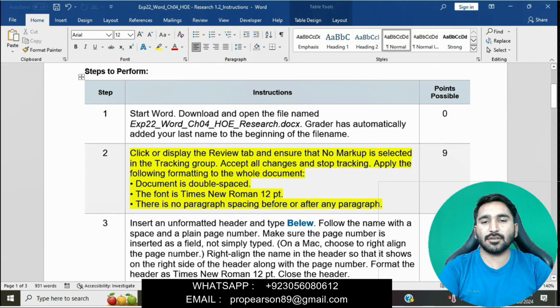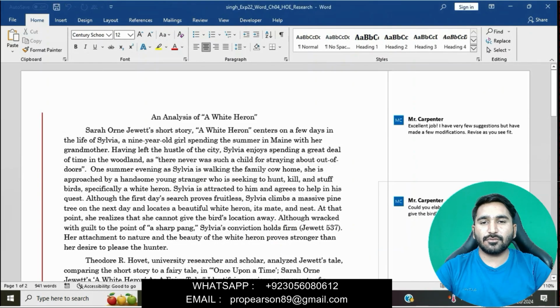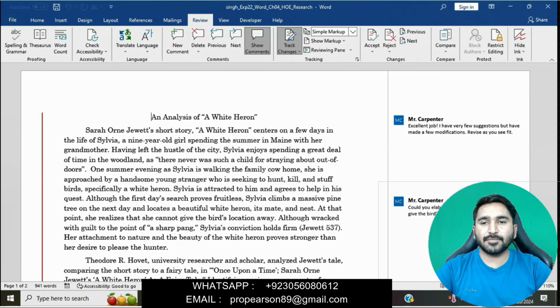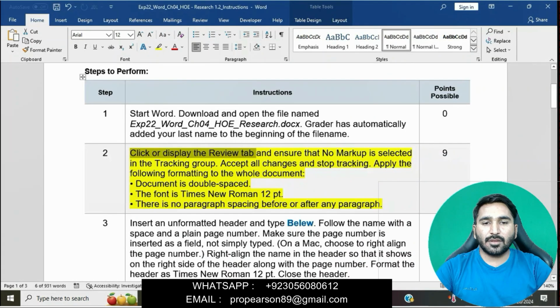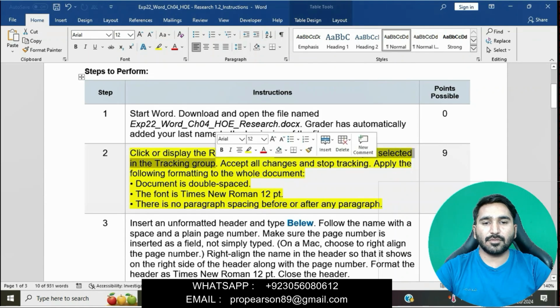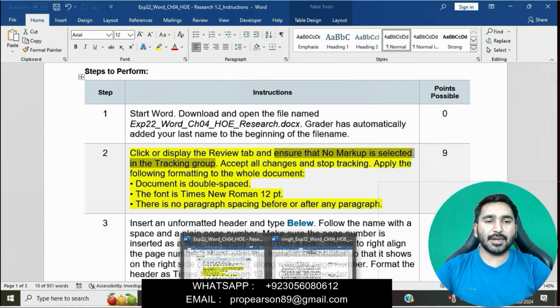Basically in this question, first we will click or display the Review tab. Then ensure that No Markup is selected in the Tracking group.